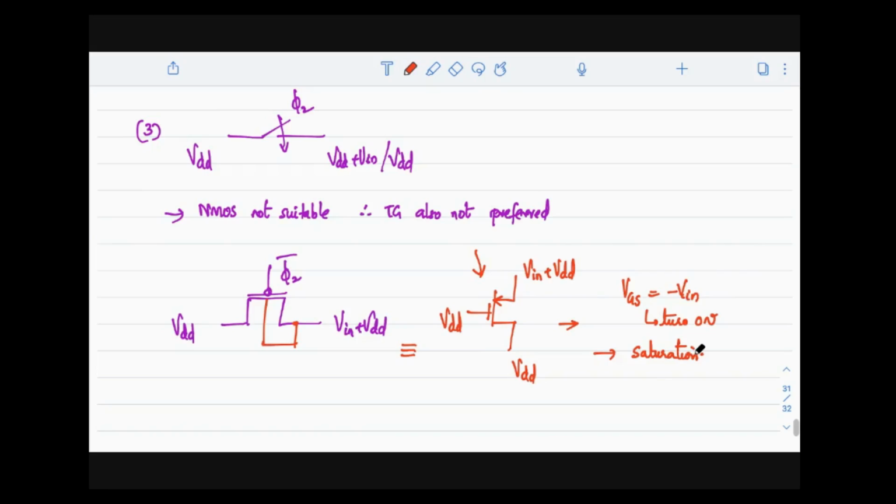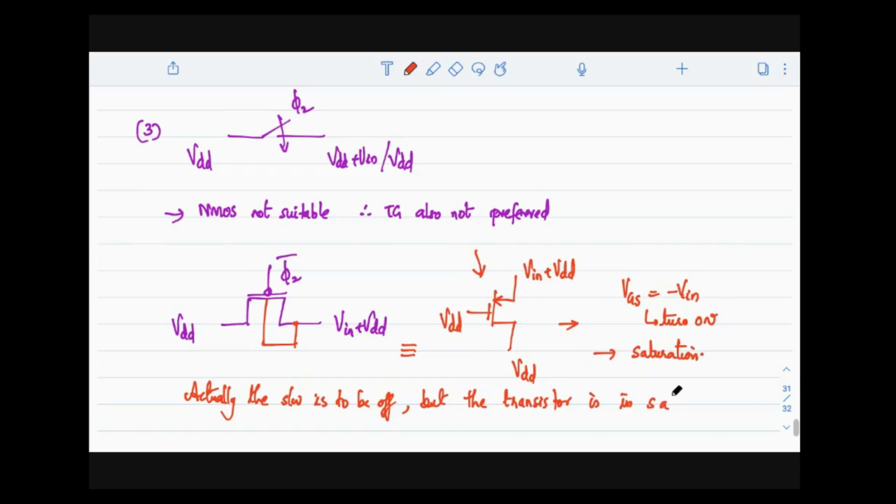Can you see that? Because at this moment, the switch is to be off, but unfortunately for the selection of PMOS, we have no other option. We cannot choose an NMOS, we cannot choose a transmission gate. The only choice available is PMOS. But by making a PMOS choice, we see that whenever the switch is supposed to be turned off, the transistor is actually working in saturation region.